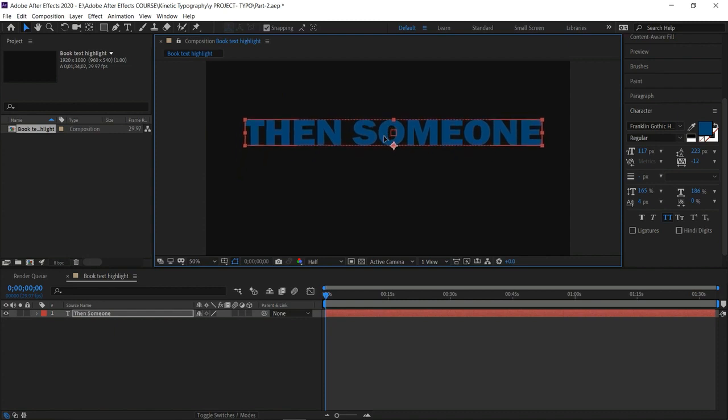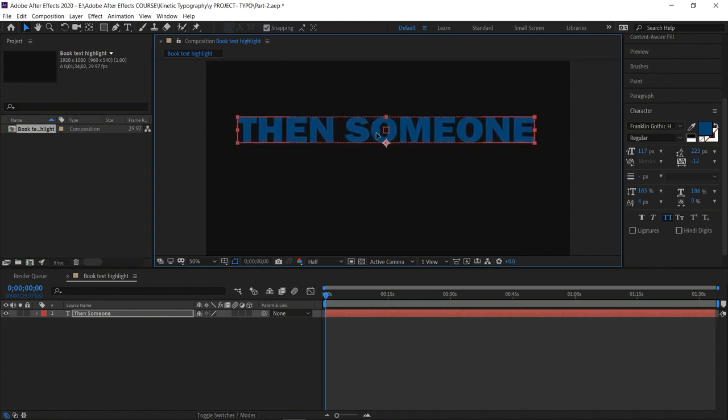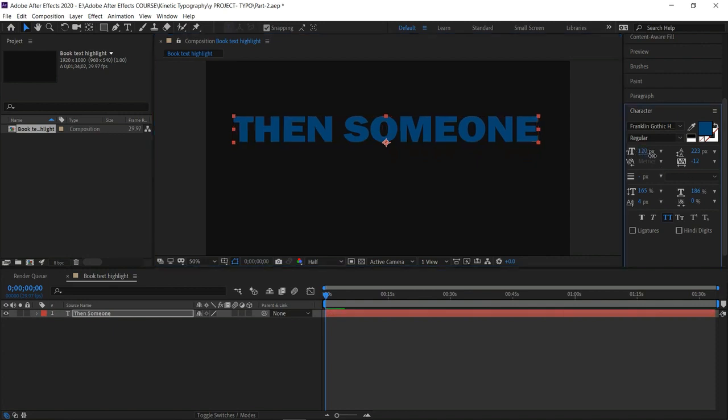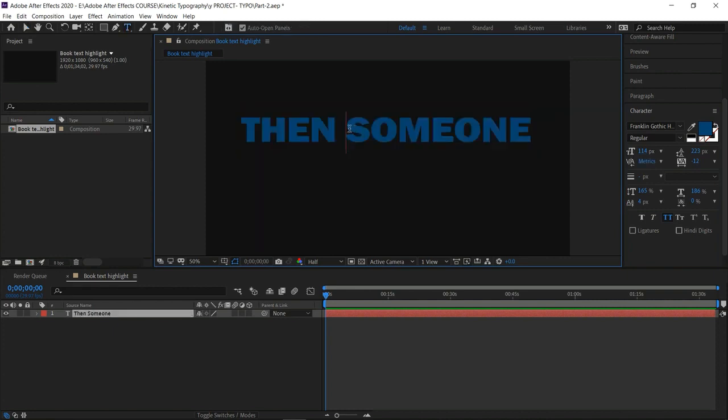So here we have created a text for the top layer, top face of a cube. So just create then someone. This is a story of money. So here we will be creating the story line. Then someone invented coins. So then someone, this string will be on top side of the cube. Invented would be on the side face and coins would be in the last face. So just type the